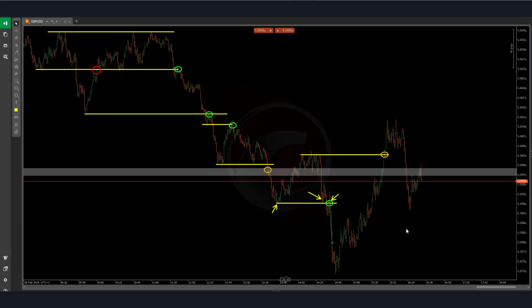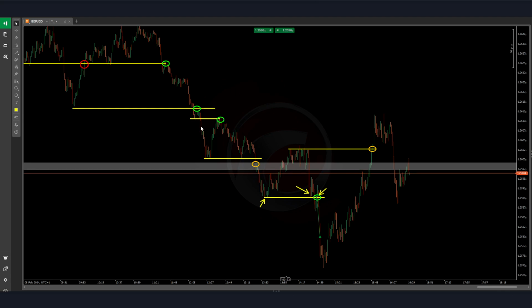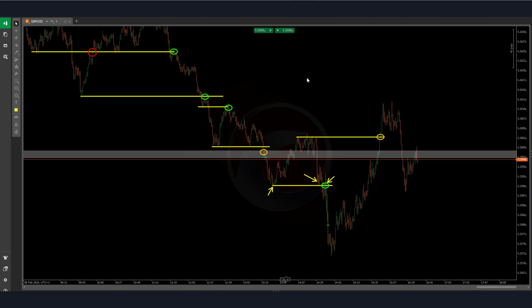still, I would love to get to a 50%, especially considering how the opportunities come up on the chart on